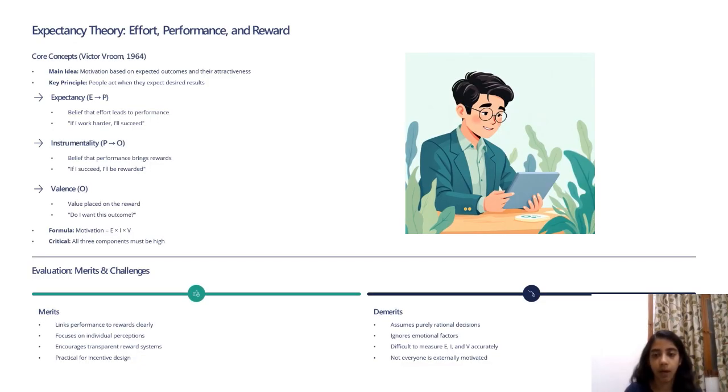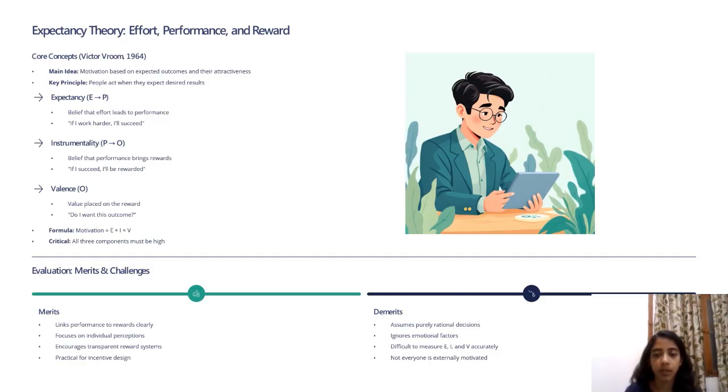Hello everyone, I am Marita Roy. Expectancy theory. Expectancy theory is a motivation theory that proposes that an individual will behave or act in a certain way because they are motivated to select a specific behavior over others, due to what they expect the result of the selected behavior will be.